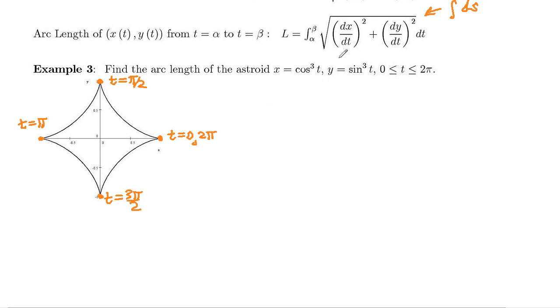So let's first figure out our ds here. So ds is the square root of dx dt squared plus dy dt squared. So x is cosine cubed t. So the derivative of that is going to be 3 cosine squared t, and then times the derivative of the inside, which would be negative sine t,